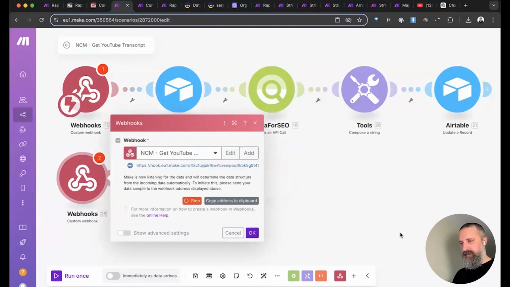And we'll hit save. Now, what we've been given is a webhook, which is the address for this particular scenario where we can send data. So what it's doing at the moment is looking for data. It's waiting for data to be sent to this address so that it can say, yes, this is complete. You've successfully sent data into this webhook. We're good to go. You can go on to the next module. First of all, what we want to do is copy the address to the clipboard,